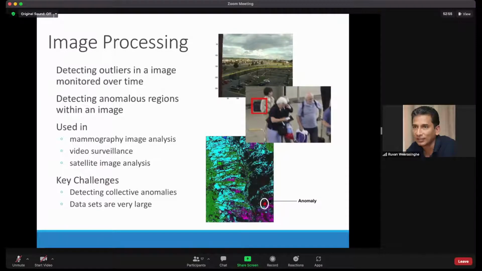If a person is looking around and behaving in a suspicious way, humans are very good at detecting that, except that in a place like an airport where there are thousands and thousands of people, you can imagine the number of eyeballs needed to detect